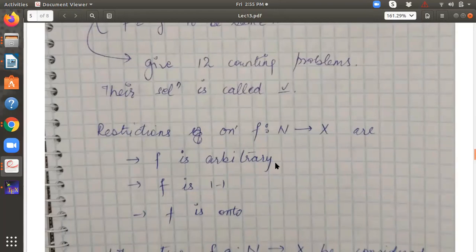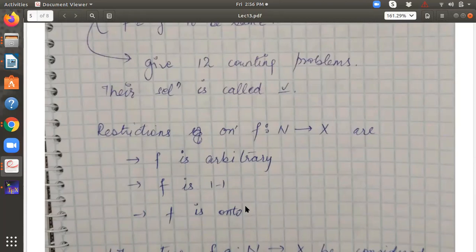So all these are functions. Yeah, well-defined functions. So you can have a function without any restriction, just a well-defined function is fine. Or you can ask that I want my function to be injective, or you can ask that my function should be surjective. So these are the three restrictions on the